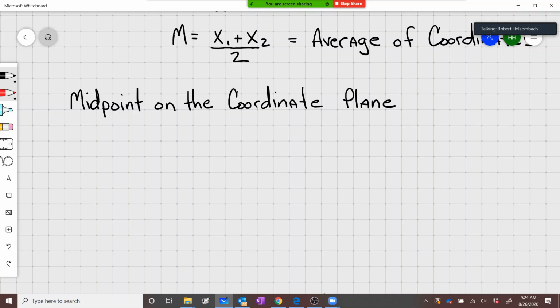When you're finding the midpoint of a segment on the coordinate plane, it's basically the same formula that we just talked about, except you have to do it twice because you have to do it for the x value and you have to do it for the y value. So if we've got this segment here on the coordinate plane, and this is segment PQ,